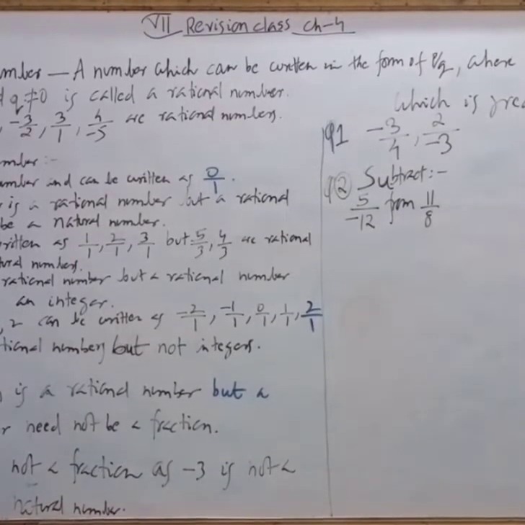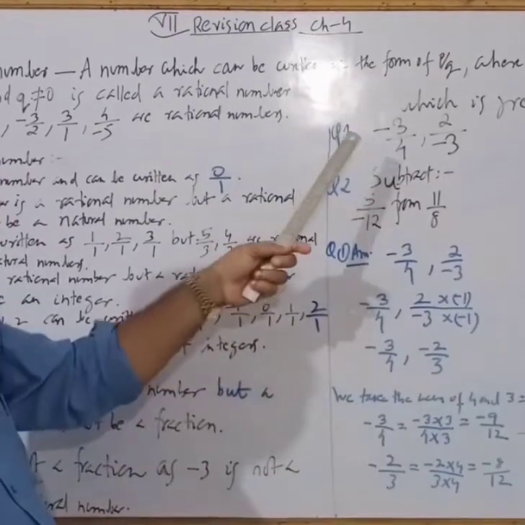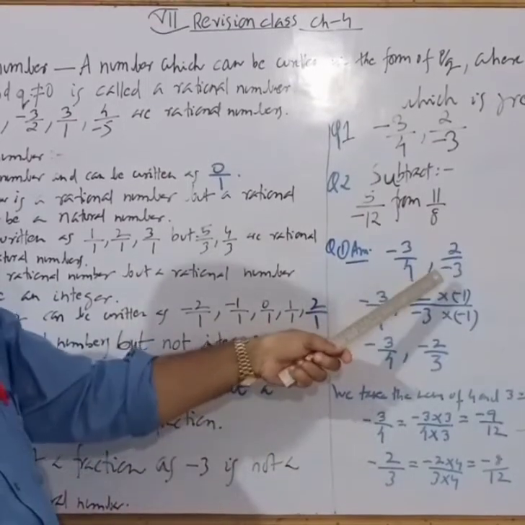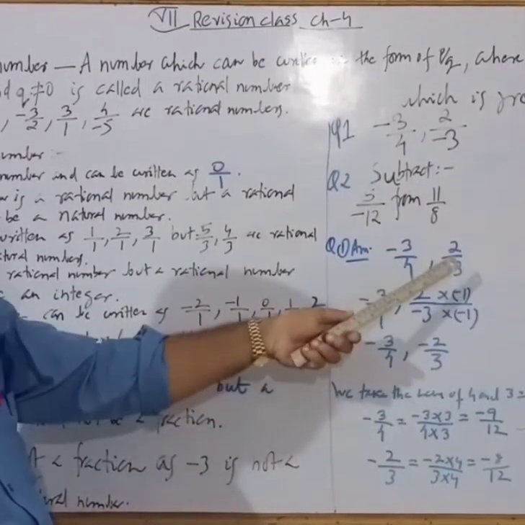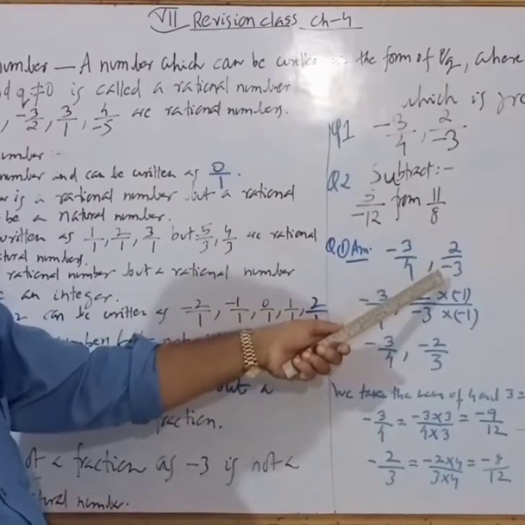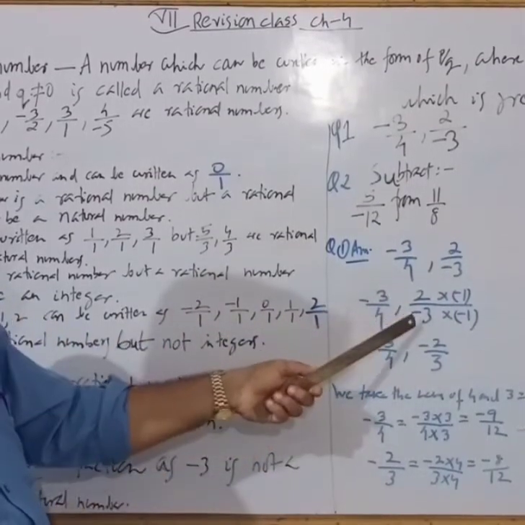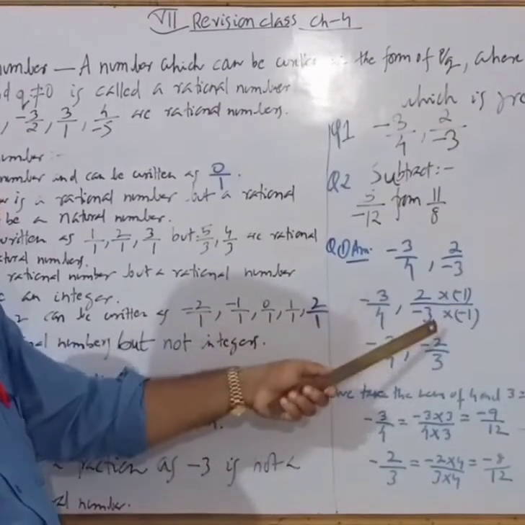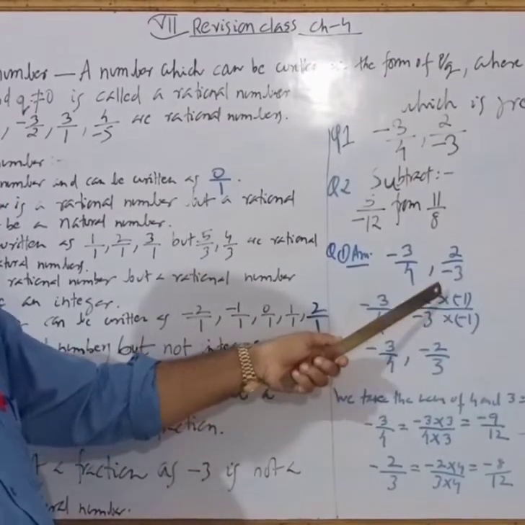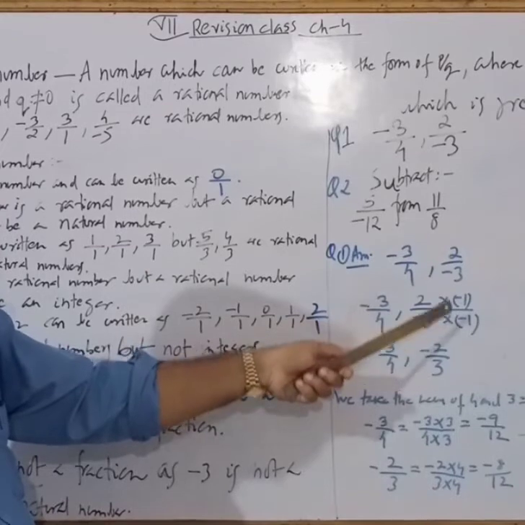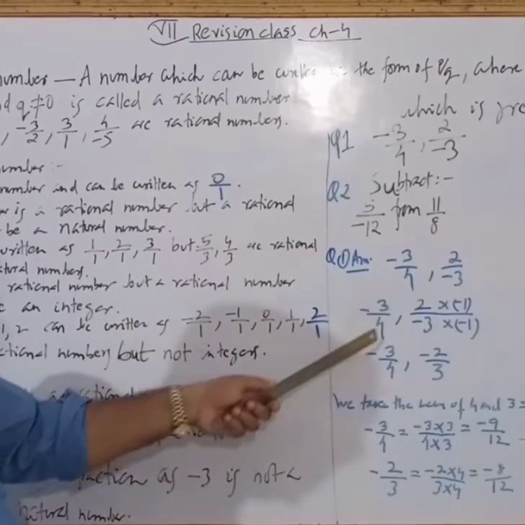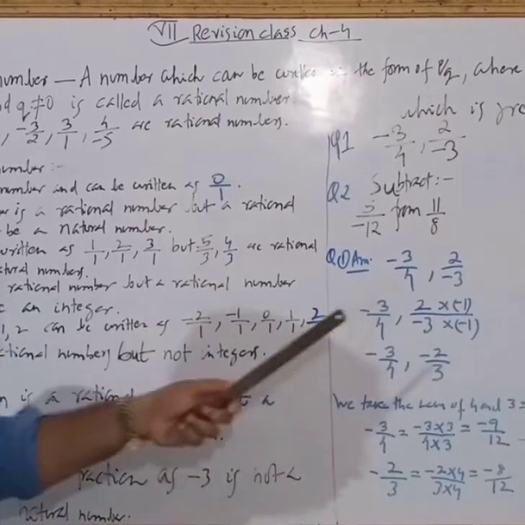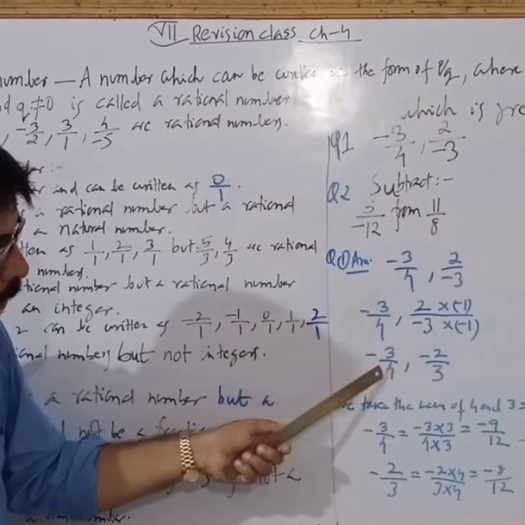To deal with this chapter, now I have taken one question: which is greater? The first question I have taken is minus 3 by 4, comma, 2 by minus 3. In these two rational numbers, we see the negative is there in the second rational number. So what we have to do first is remove the negative from the denominator. In order to remove it, we multiply numerator and denominator by minus 1. So I have got minus 3 by 4, that is already there, and in the second rational number minus 2 by 3. Now the second step is to take the LCM of 4 and 3.